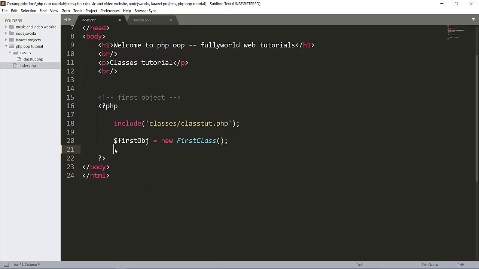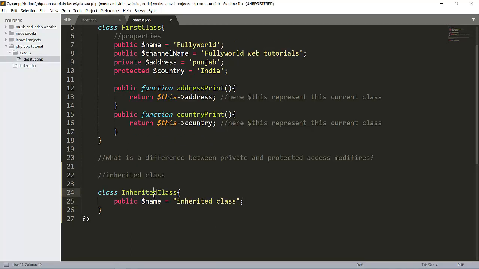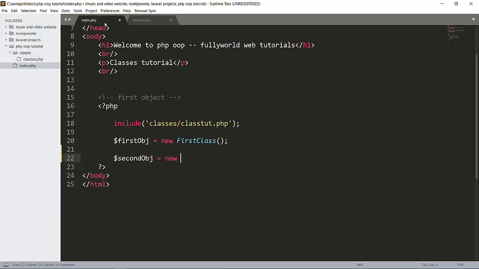Let's go to our index page and remove all this. Here is our first object and here is our second object, which we will create from our second class. We haven't inherited the class yet, so let's var_dump the second object.